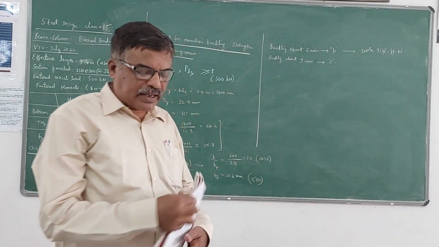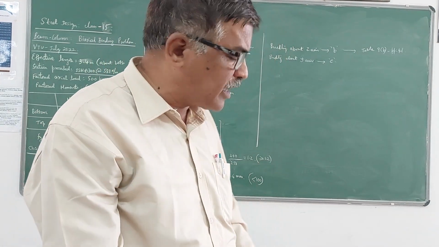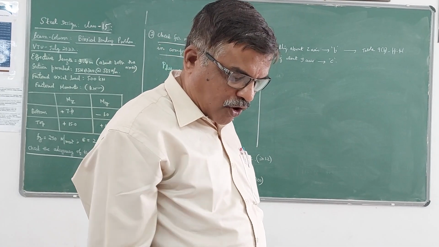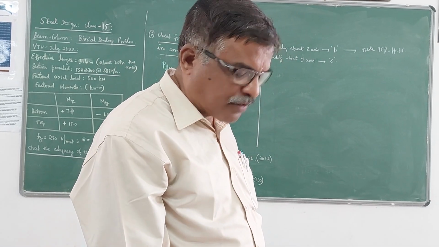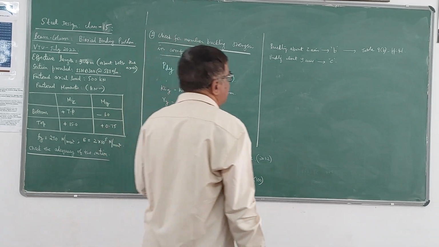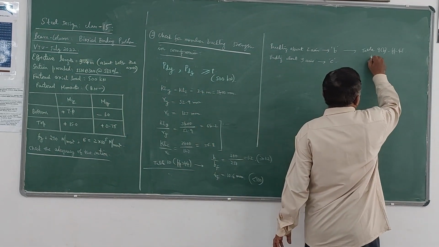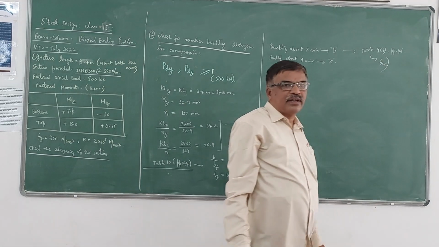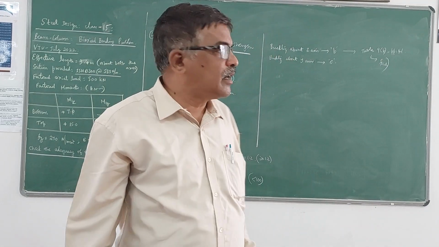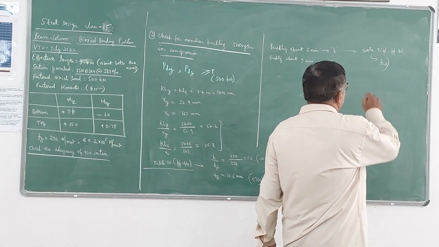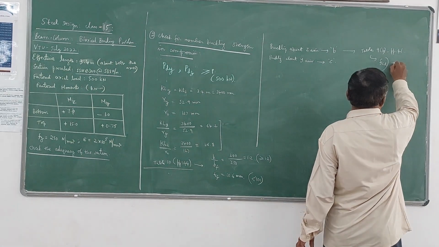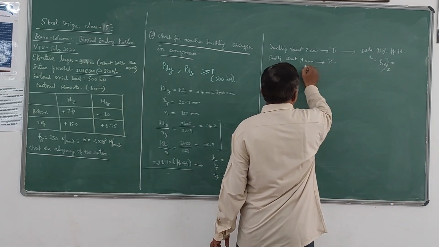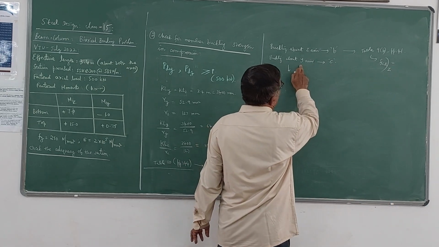So what you will get there is, for the value of KL by r, it is given in the left side column, and for a given value of Fy, of course Fy here is 250 MPa, you can directly read the value of FCD. FCD, that is the design bending compressive stress. So the design bending compressive stress you can read. Of course this is about z-axis. Similarly, for the second one, about y-axis,